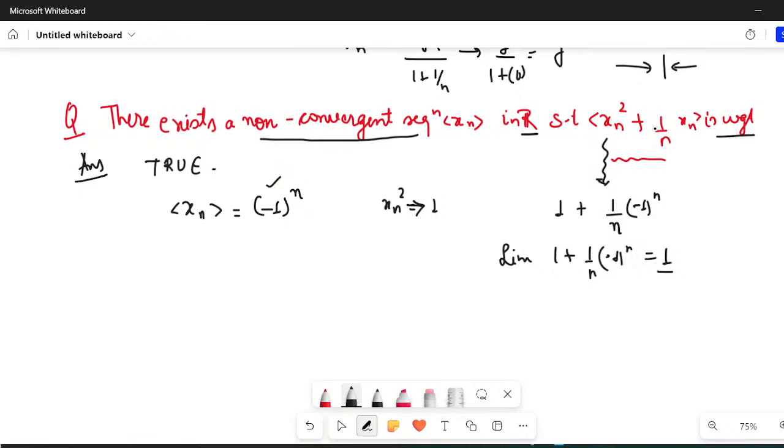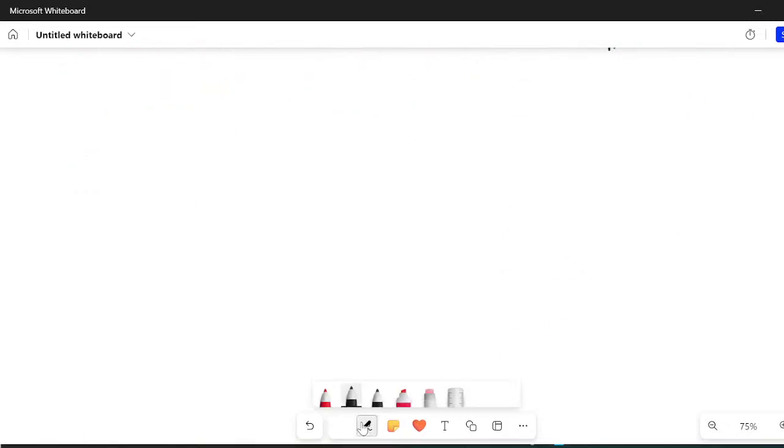Now let us move to a little bit of theory and then we'll do questions. Okay. Now, another definition of convergent sequences is saying that the sequence is Cauchy. So what do you mean by Cauchy sequence? Let us write. Cauchy sequences. A sequence is said to be Cauchy